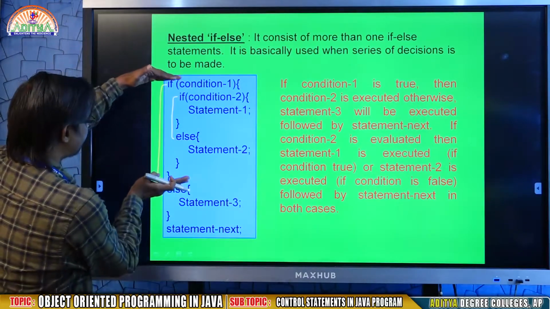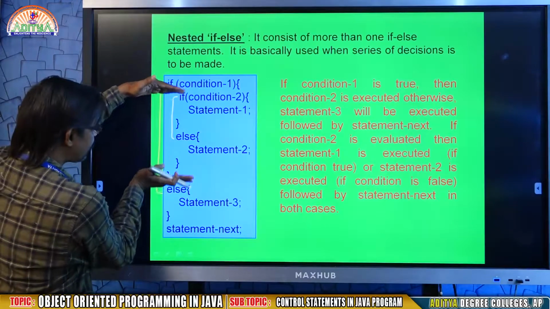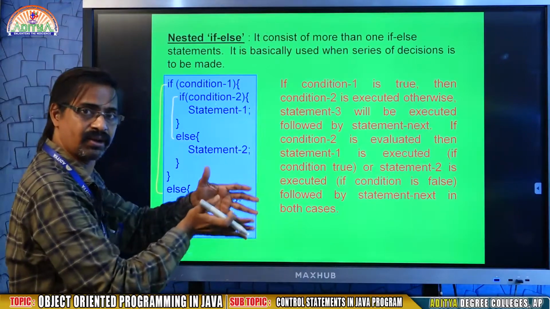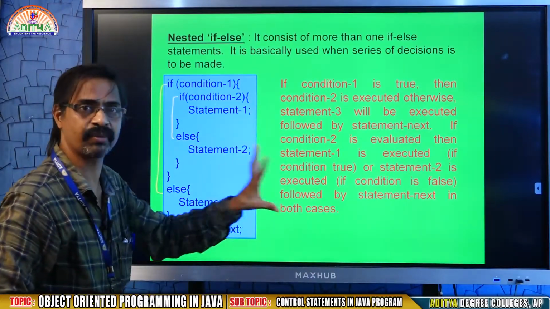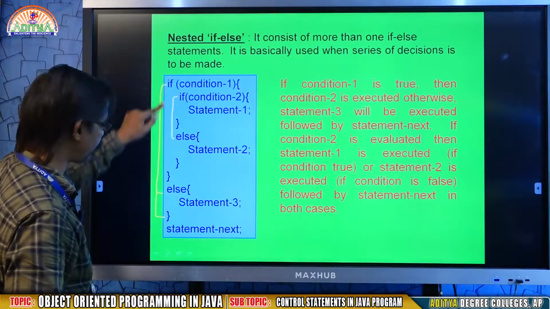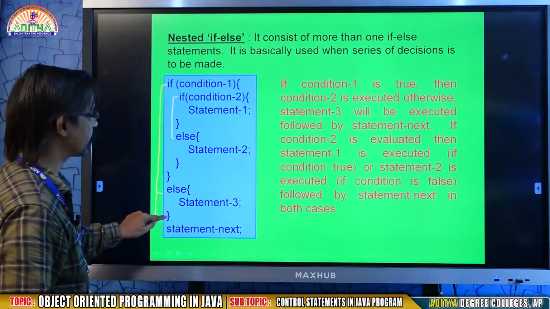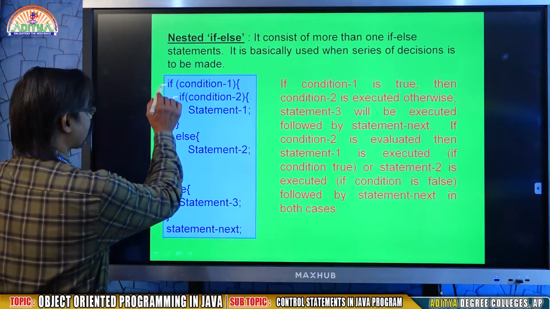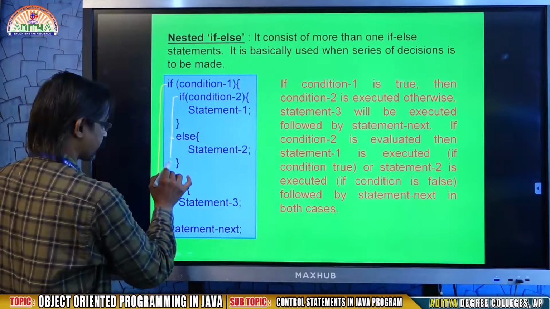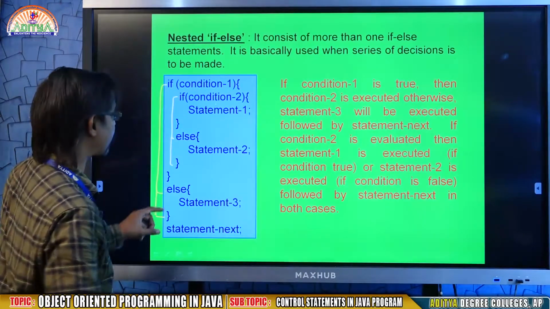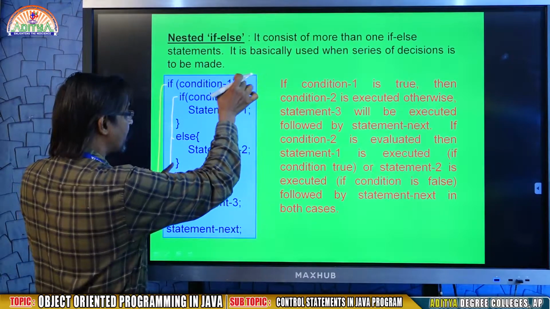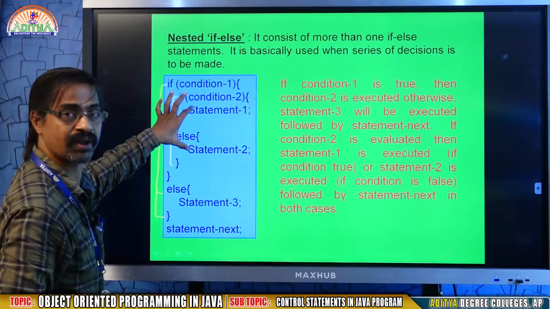See here, this is an if and the related else. Inside what is there? Again if else, again inside if else, again inside if else. You may write any number of series of if statements. So this is the construction: for this if, there is else and there is closing. This is called the outer if. Between the if and else there is another if. That means the true part of the outside if contains another if block, another if else.